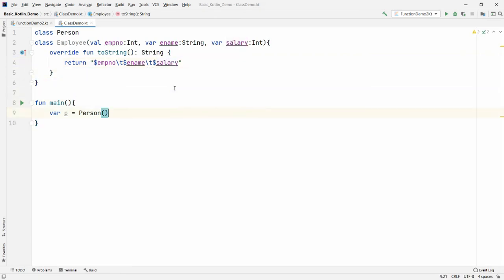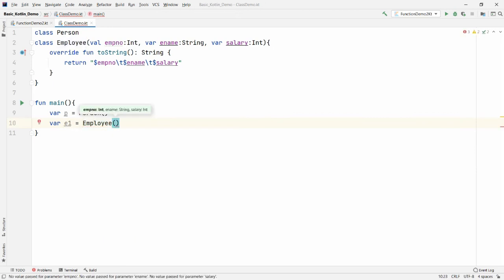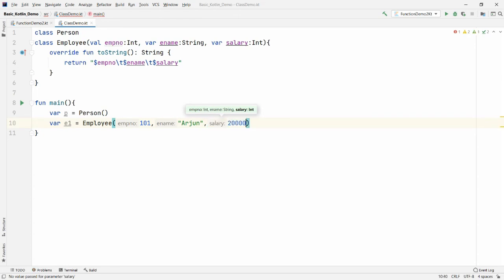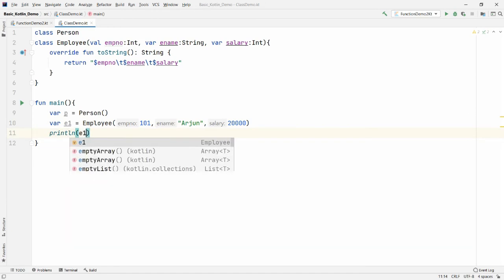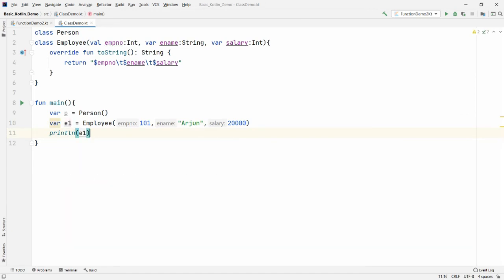Now here you can simply call the constructor. So you can declare variable, for example, variable e1 is equal to, you can call the constructor and you can pass the values. For example, employee number is 101. Name of the employee, for example, Arjun, and the salary of the employee, for example, 20,000. Now you can simply use the println function and you can simply print your object, that is e1.